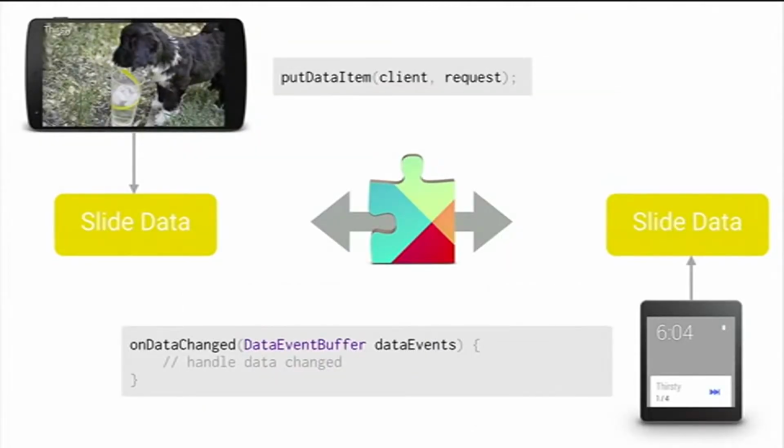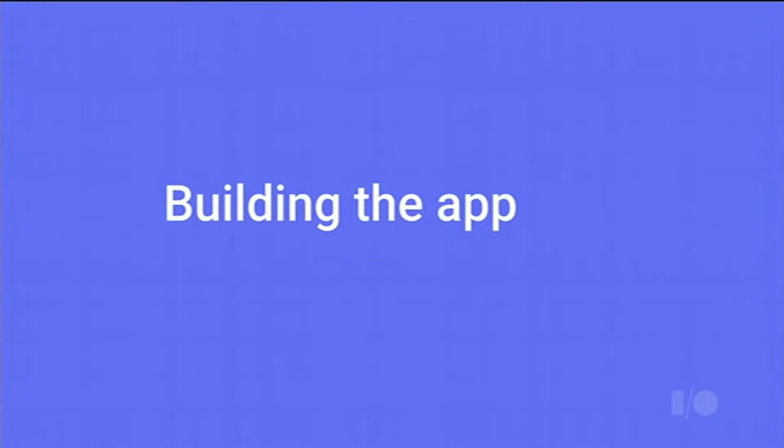So in the puppy example, we might put the title of the slide and that slide number into the store. Google Play Services replicates that across to the wearable, where we can then update that notification in real time, so we can have the data sent back and forth there. So now I'm going to turn things over to Justin for a little bit, who's going to walk us through using these APIs and really dig into some of the code, which I know you're all excited about.